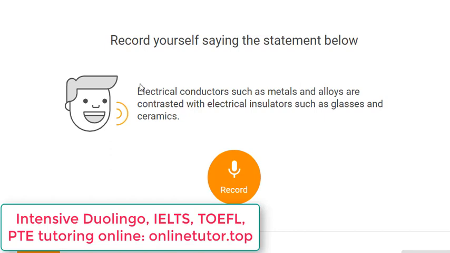Rest assured that firstly you will be given something like what we have read with you in the first example. And this one, if you proceed normally, if you progress, the system thinks, aha, he or she is a clever creature. Okay, let's give him or her such a trial. Let's read it somehow first as usual. Electrical conductors such as metals and alloys are contrasted with electrical insulators such as glasses and ceramics. Of course, if you don't know ceramics and you read ceramics, guys, okay, let it be. So we cannot improve it right now. It's just the vocabulary. Alloys,